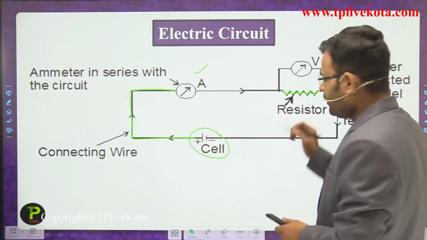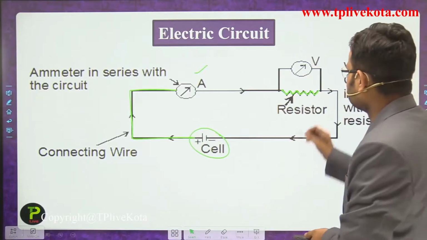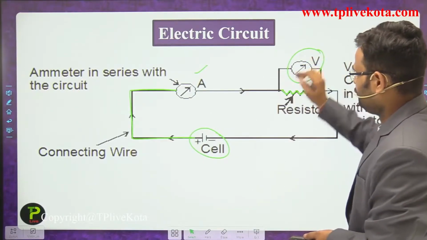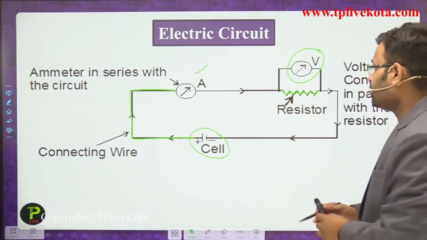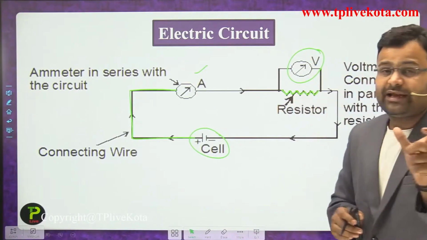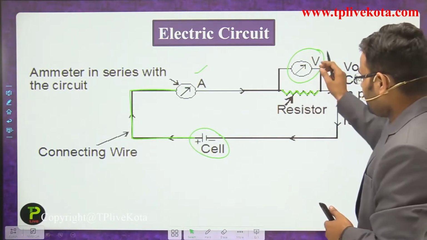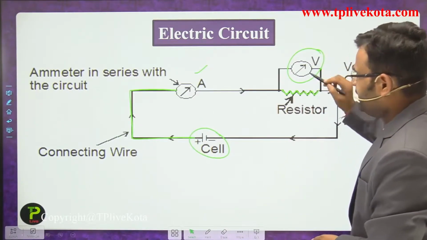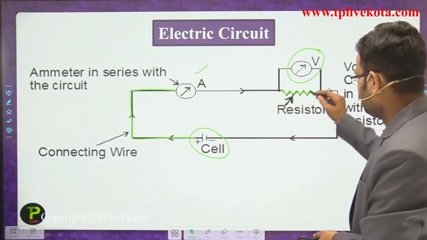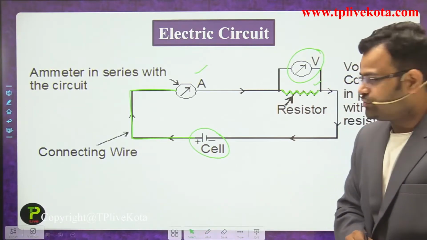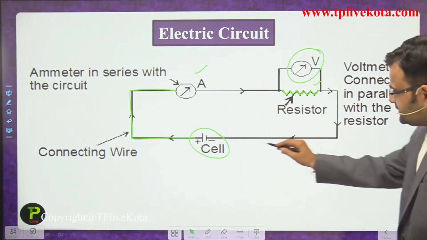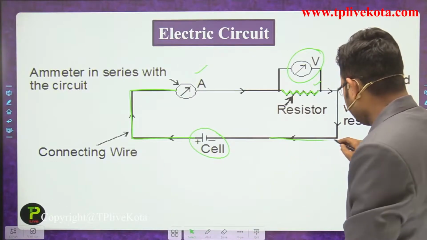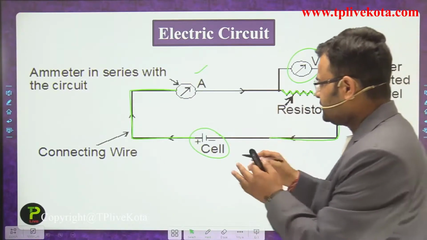Now if you want to calculate the voltage drop across that resistor, we use the voltmeter, and the voltmeter is connected in parallel to that equipment. If you want the voltage drop across that resistor, the voltmeter is connected in parallel with that resistor. Okay students, now that is a connecting wire, that wire is a connecting wire, guys. So by using that complete